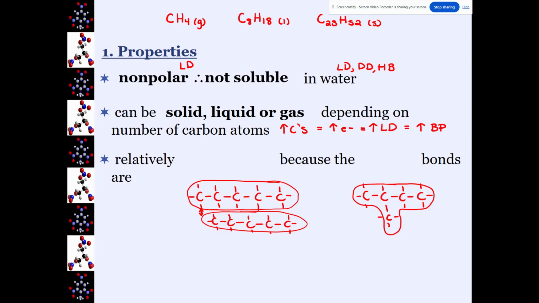So when it's a straight chain, they can get closer to each other and have more interaction, making it harder to separate them. So the London dispersion forces are going to be stronger when they're a straight chain versus when they have branches. They can't get as close to each other and have as much overlap or direct surface area contact with each other. So higher London dispersion forces, again, is going to make it have a higher boiling point,